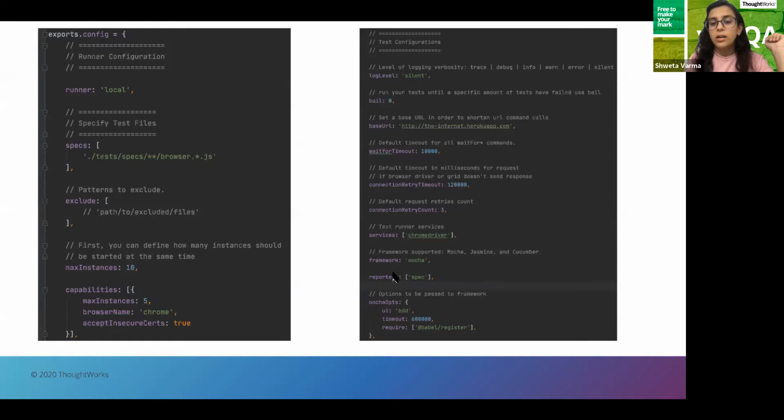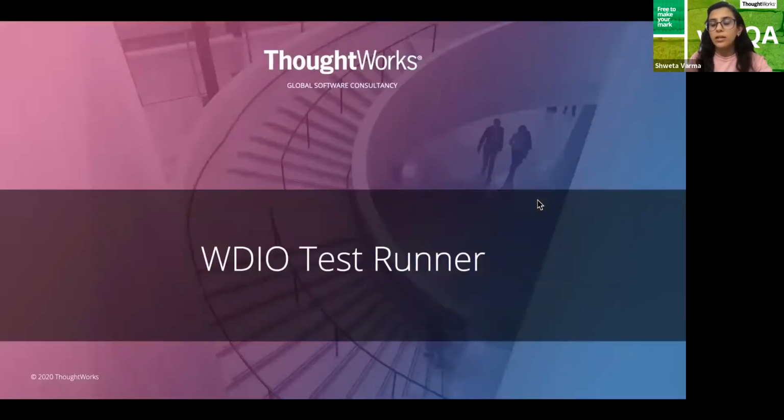And then in the framework options, if we are using any framework and we want to say, hey, I am using you, but I need certain options on top of your capabilities, that thing you can pass under the options for the framework. So this was a detailed and summarized look at the attributes of a config file which you can use. We will see that one more time in the demo, one level ahead, like adding Docker and all.